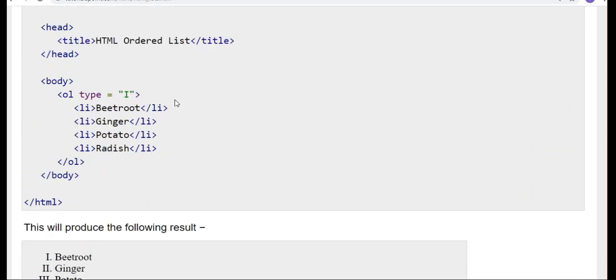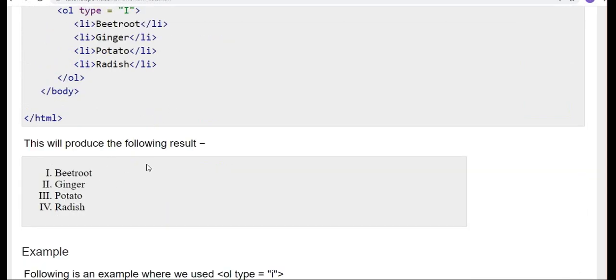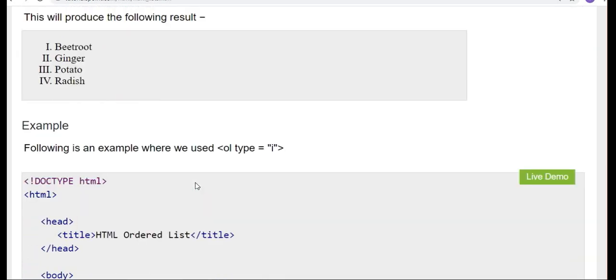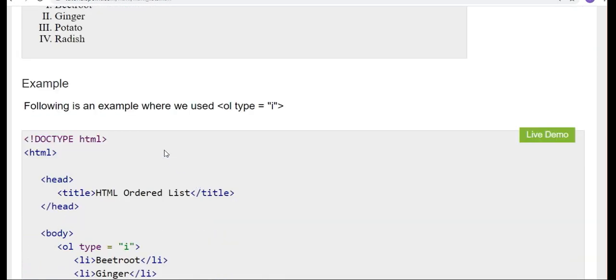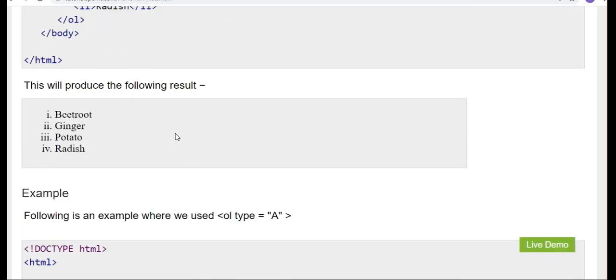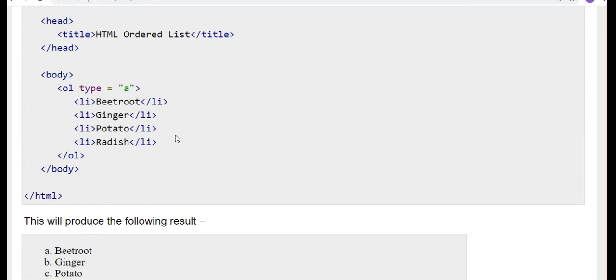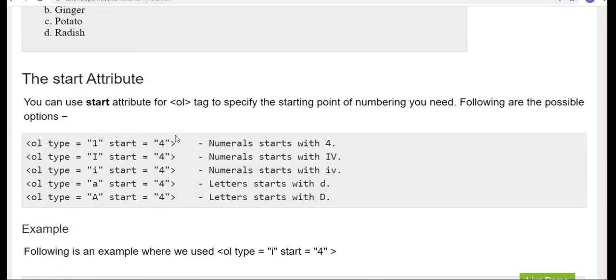So here you have the examples 1 2 3 4 already we have seen. Just by making changes here, the type we have to change, so everything will be here. So that is about list, ordered list, unordered list. And third one what you have is, now even we can specify the starting point also. For that we have this start attribute. If I write this start attribute, from where it has to start, I'll write it here.